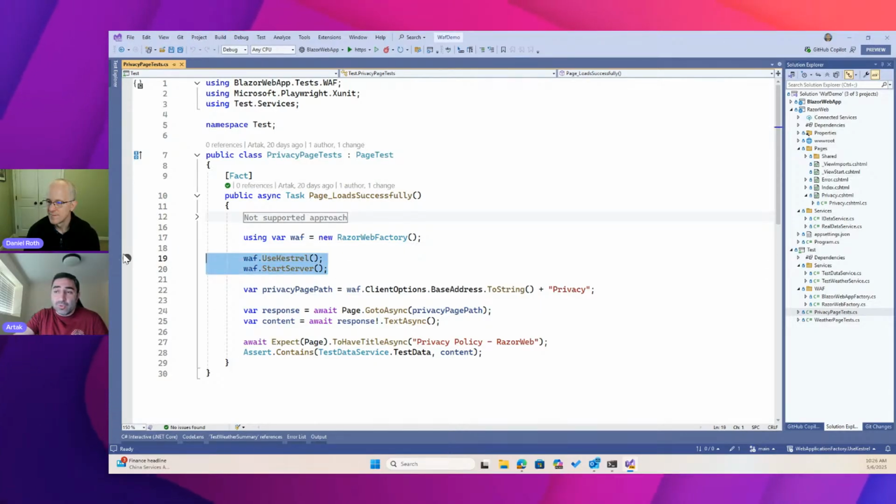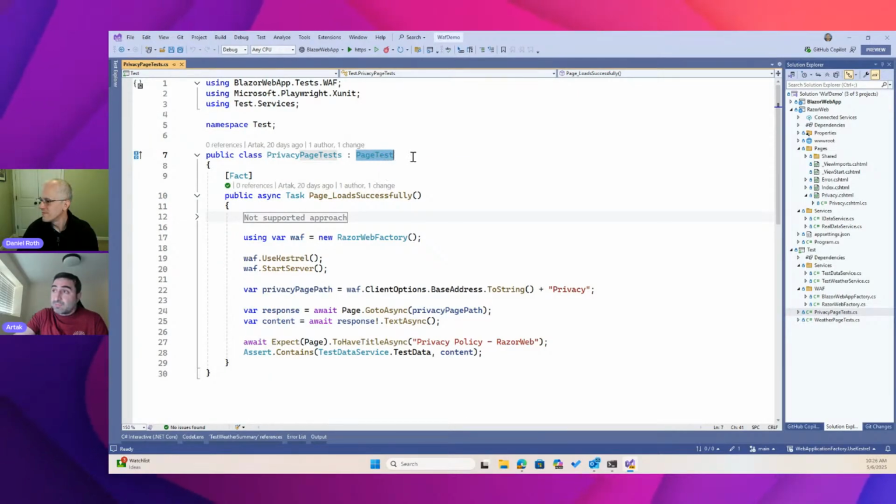These two lines are new, like these two APIs weren't there before .NET 10. I'll talk about them in a bit, but if you think what happens next is I'm just getting the URL of the privacy page, I'm navigating to it, and as you can see, my test class there derived from page